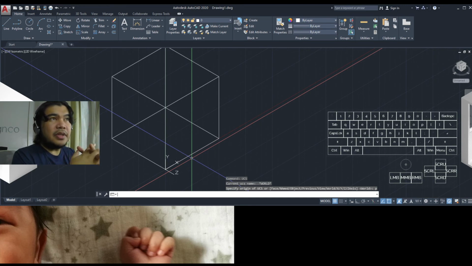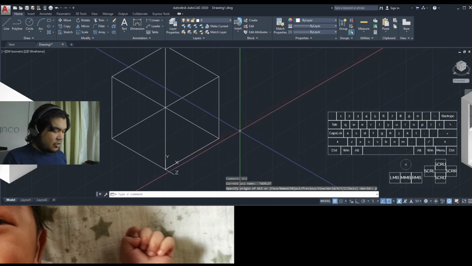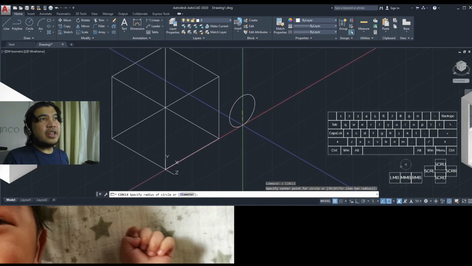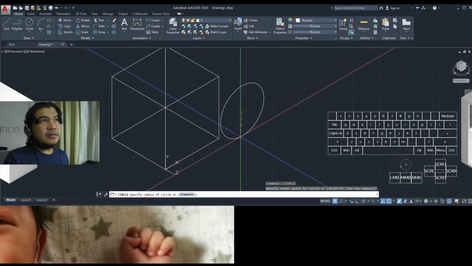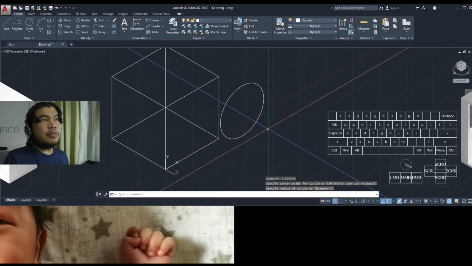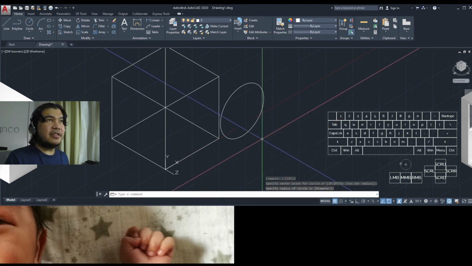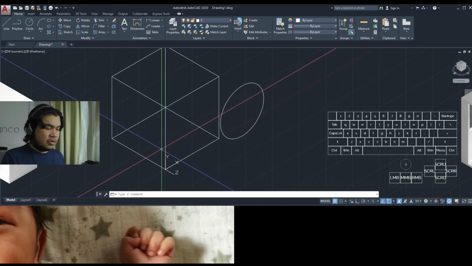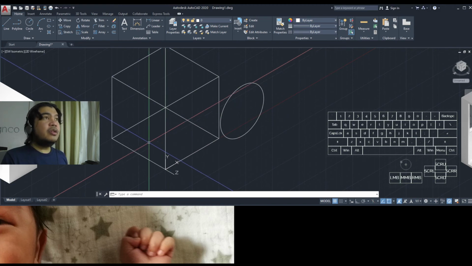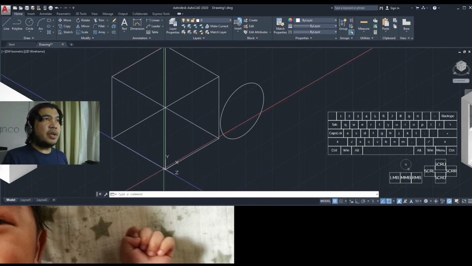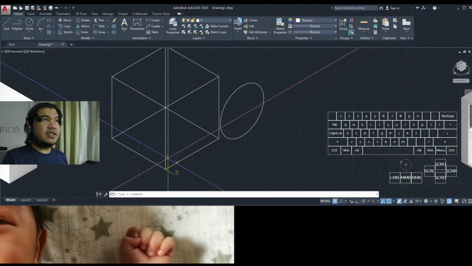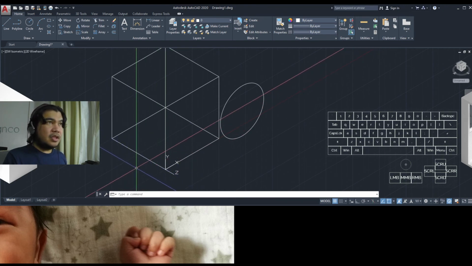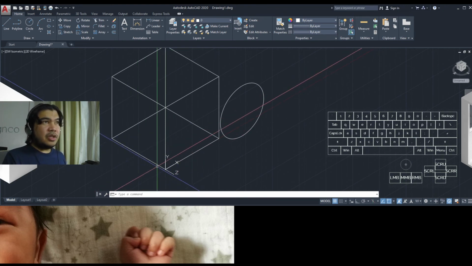Now, what happens when you move or you basically shift the coordinate system like this? Well, when you try to draw a circle, it now respects that, and you're basically drawing on this plane. So, for example, you wanted to draw a circle on the plane that traverses this cube. So let's do that with